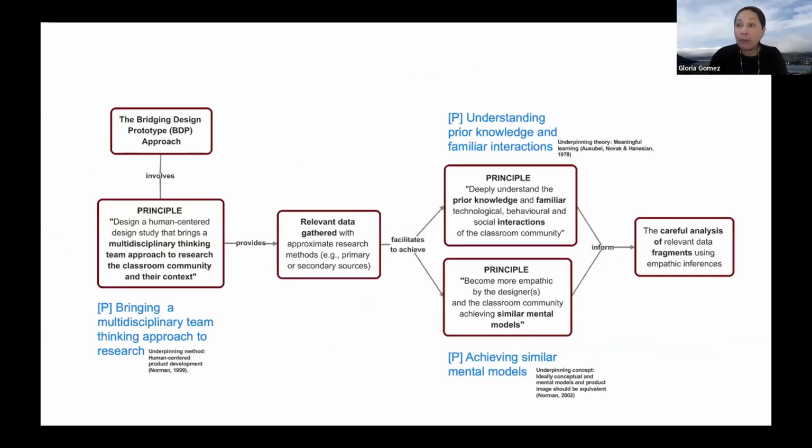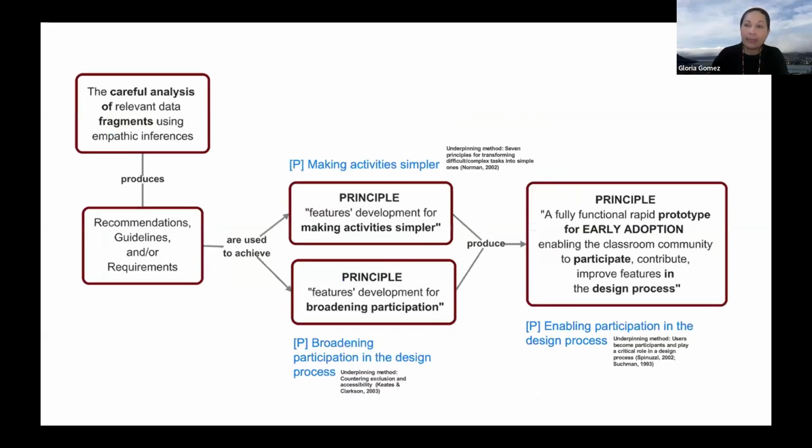The first set of principles help to understand who we are designing for. Approximate research methods are used to gather relevant data and learn about the user community. Secondary data sources are heavily relied upon when rapid ethnography is not possible early in the project. The second set of principles help to implement resource features. These principles guide designers in the process of learning meaningfully about each member of the community and from diverse and multiple perspectives.